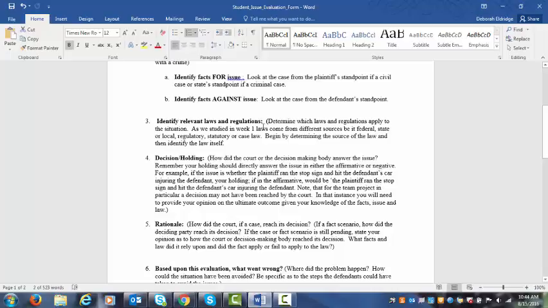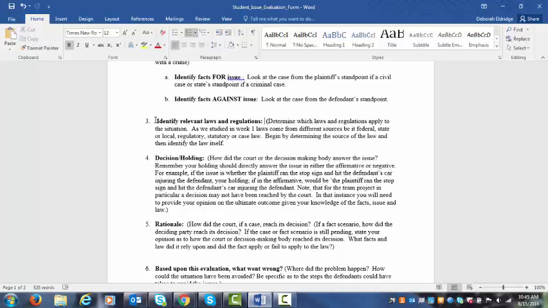Now you're going to identify laws and regulations in section 3. Your laws and regulations are just literally give us the name of the law and where it can be found. So if we're talking about the Clean Water Act, the name of the law is the Clean Water Act, and it can be found in 42 USC, whichever section it can be found. If you're talking about a case, like Gonzalez versus Reich or something of that nature, you're talking about the title of the case and then the citation, which is where the case can be found,